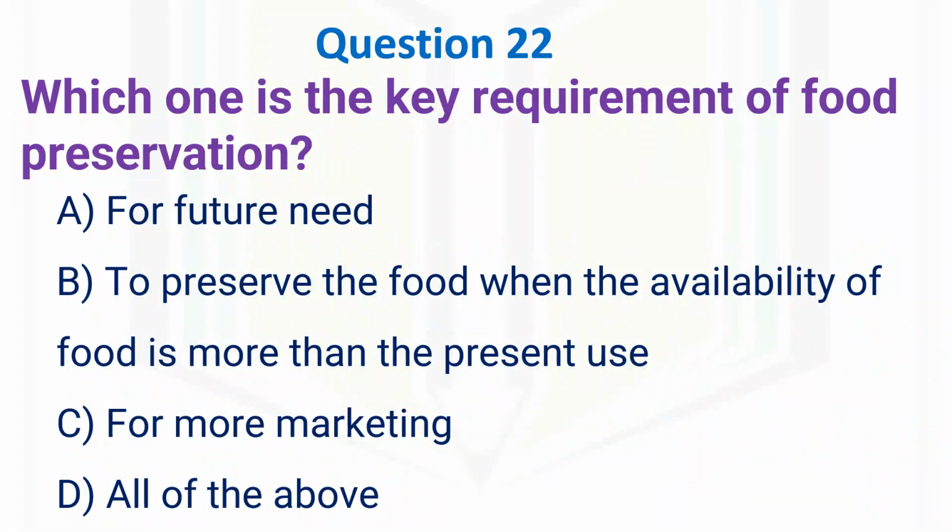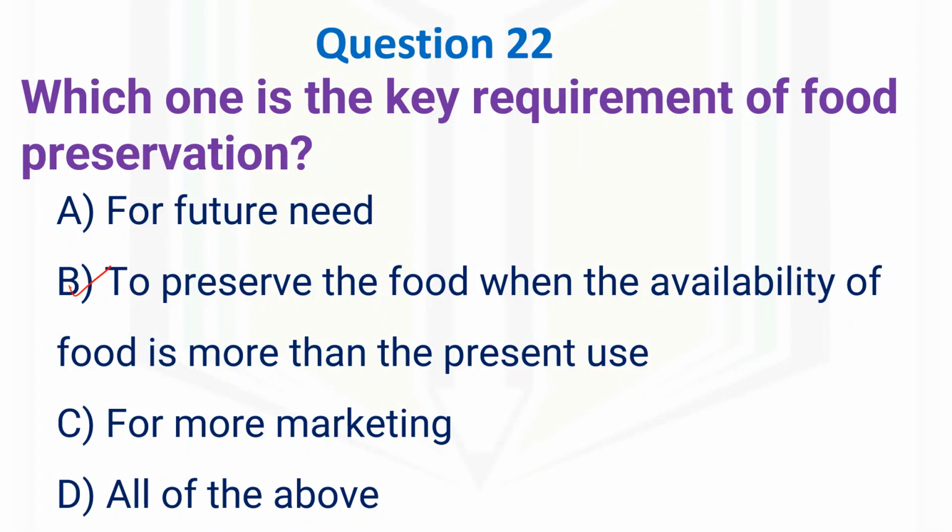Question number 22. Which one is the key requirement of food preservation? Options are: for future need, to preserve the food when the availability of food is more than the present use, for more marketing, and option D is all of the above. Correct option is option number B, to preserve the food when the availability of food is more than the present use. So, for future need is also one of the requirements of food preservation, but the key requirement is the